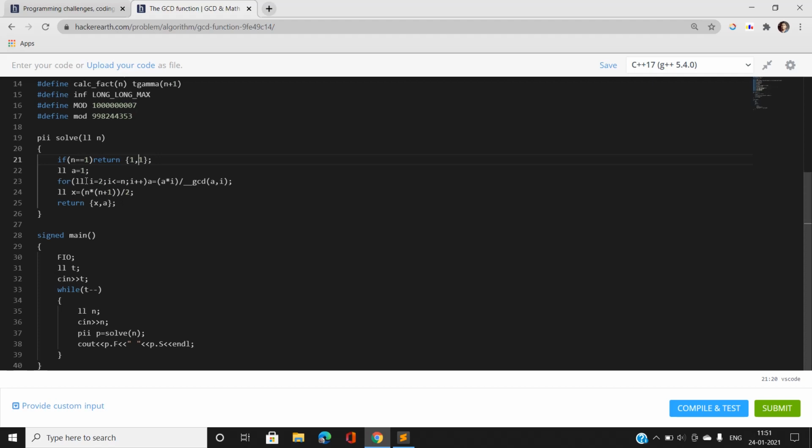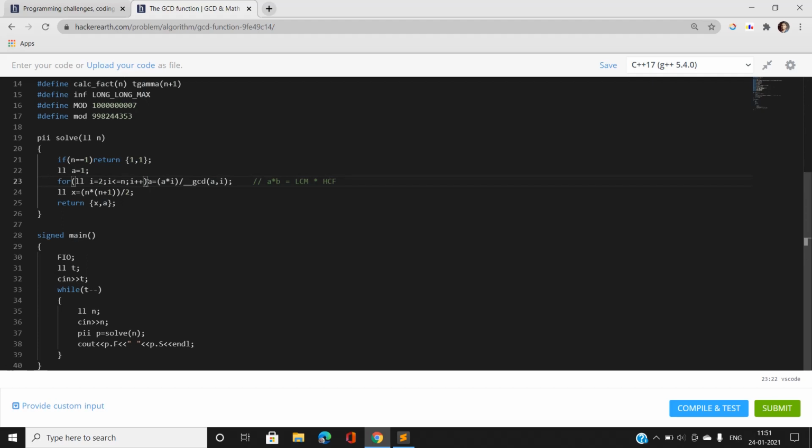And now we are calculating the LCM of 1 to n. We know that the product of two numbers a and b is equal to the LCM of the two numbers times the HCF of the two numbers. So for LCM we can say that LCM will be the product of the two numbers divided by the highest common factor, which is the GCD of the two numbers. So for i equal to 2, I am going to calculate the product of the two numbers divided by their greatest common divisor, and we are storing it in a variable.